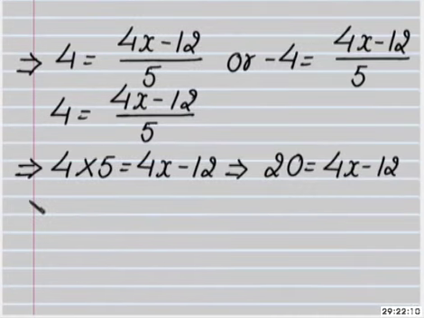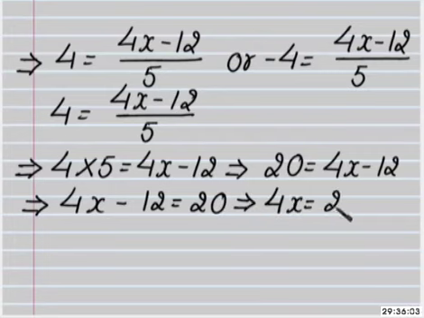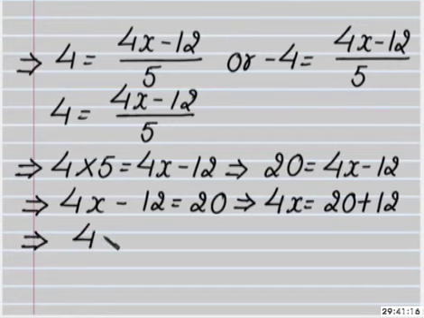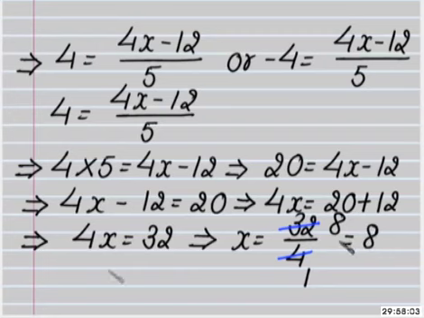implies that 4x minus 12 is equal to 20, implies that 4x is equal to 20 plus 12, further implies 4x is equal to 32, implies that x is equal to 32 upon 4. On solving, it is equal to 8. Therefore, x is equal to 8,